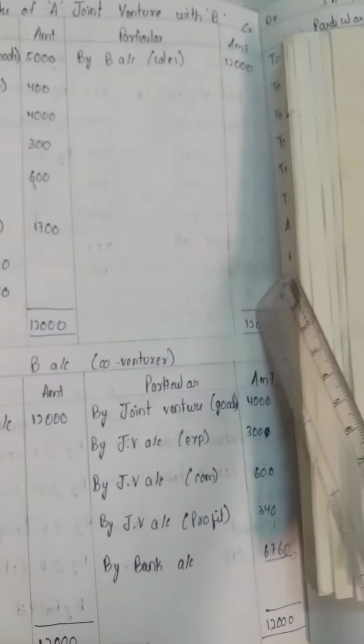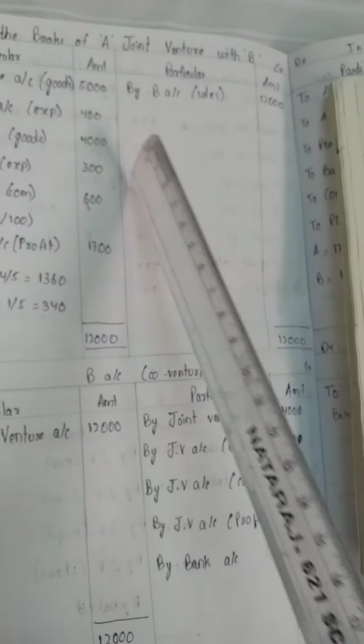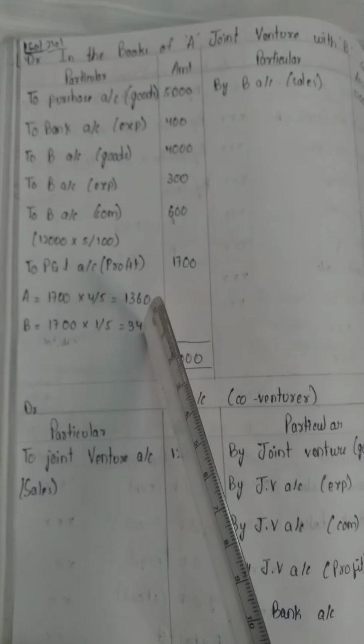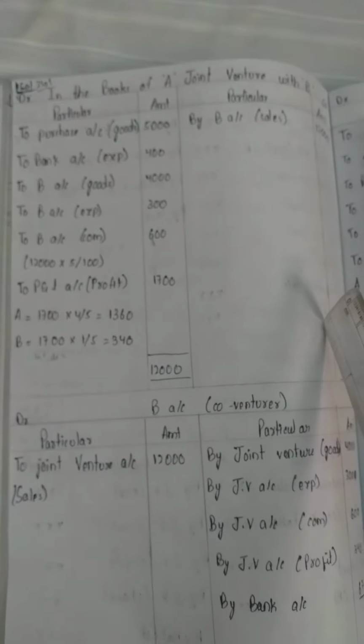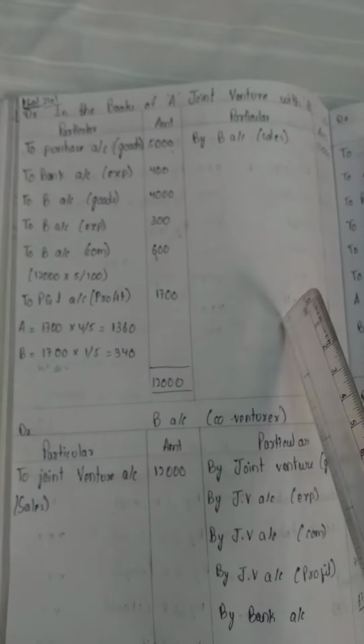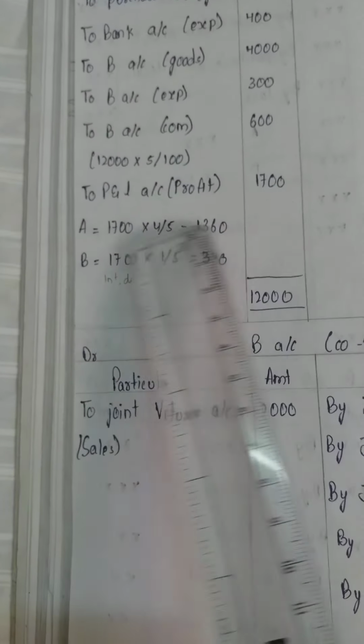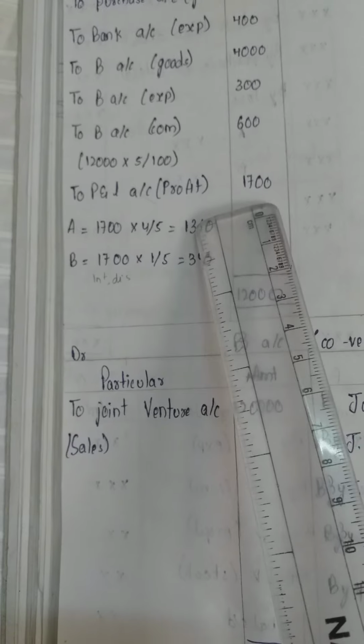So we have to do the total. In credit side we will get the highest amount 12,000, and in debit side we are getting the lowest amount by adding these amounts. If in debit side we are getting less amount, then we have to write it as profit, and if the credit side amount is less, then we write the balance amount by saying loss. So we are getting profit: to profit and loss account, profit. We are writing here 1,700, we are getting the profit.